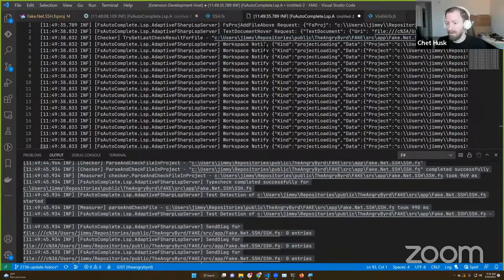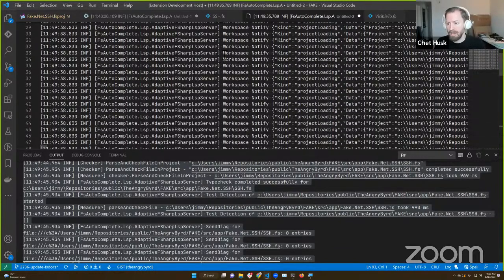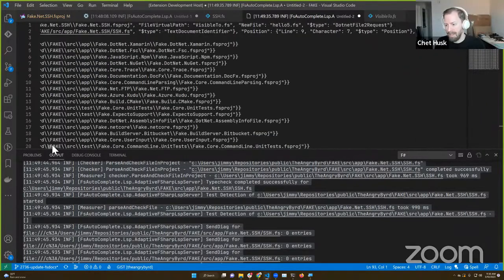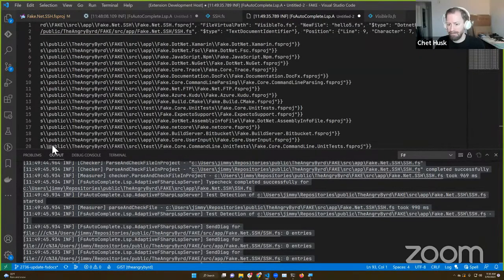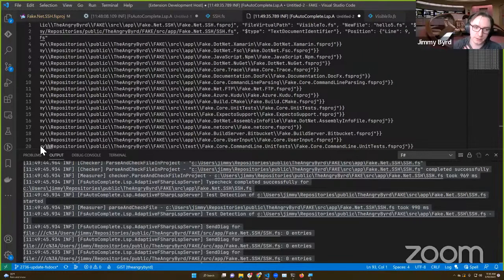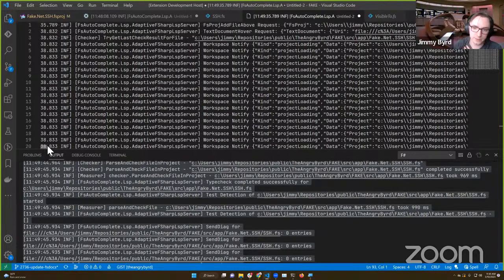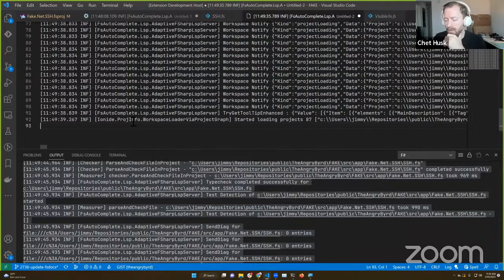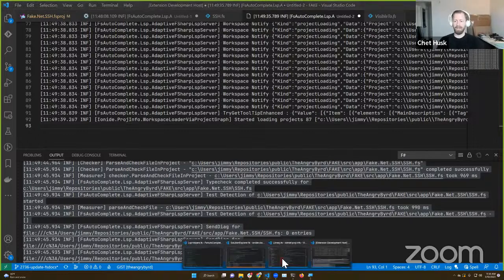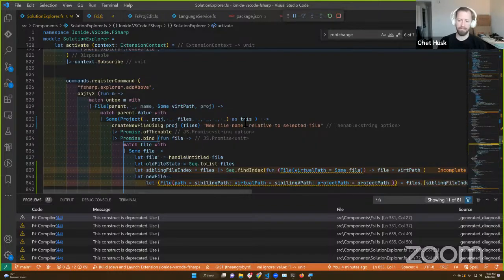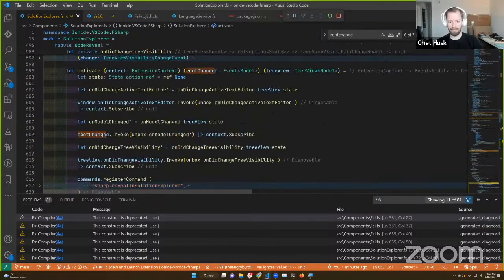So let's take a look and see if there's anything here that didn't get handled. So the states do get changed for workspace notify project loading. That's coming because you're doing a full reload of everything, right? And so it's going to actually grab information. I think we want to look at the handlers for project loading and see what it does in the event handler when the project has already been loaded, but we get another one of these project loading ones.